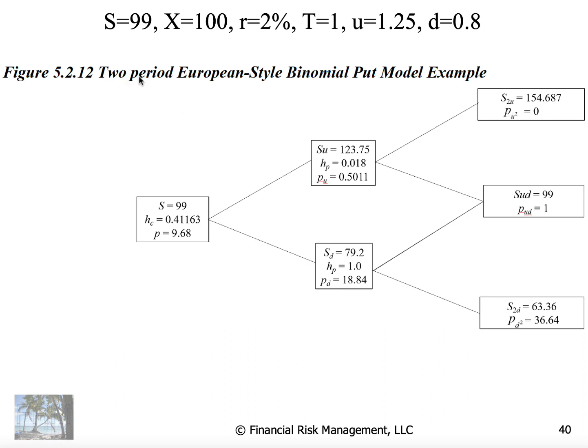And so the two-period European-style binomial put follows the same procedure. In this particular case, two out of three nodes have a positive value. Therefore, I have positive hedge ratios at time step 1, and the put value in this case is $9.68. If you're new to this area, I would recommend that you work through some of this math just to improve